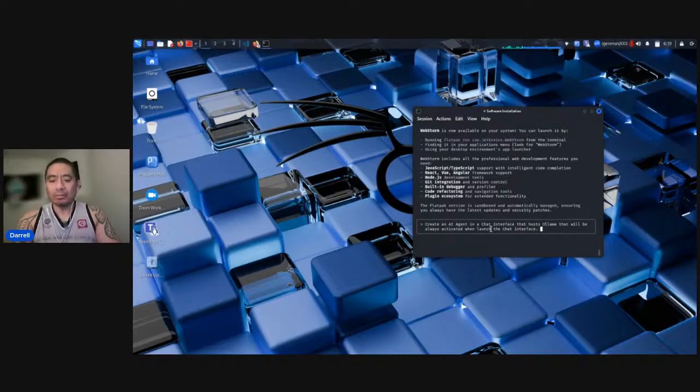So I do think I need to put GUI just to be on the safe side, because if I were to leave the chat interface just the way it is, it might just create a terminal user interface. So let's ask Claude Code to put the chat interface onto a GUI.